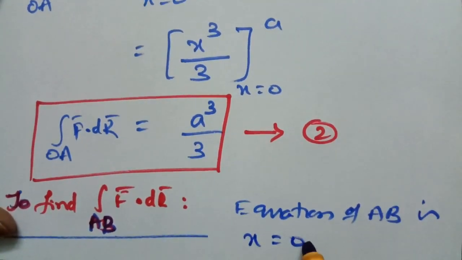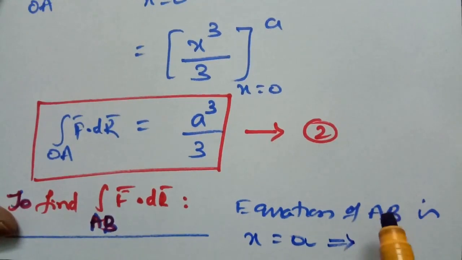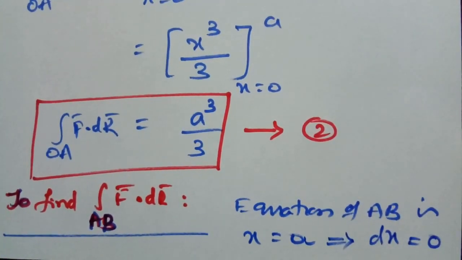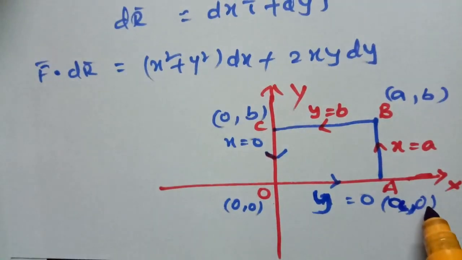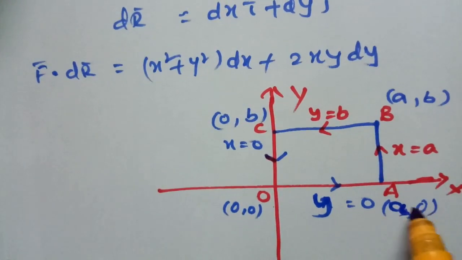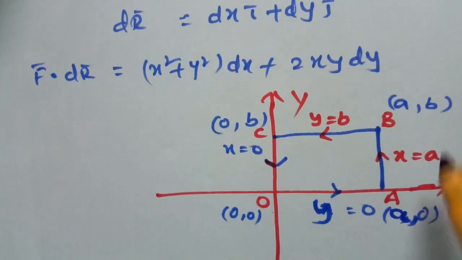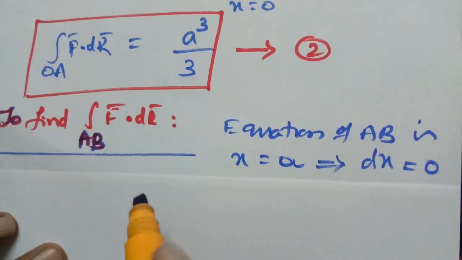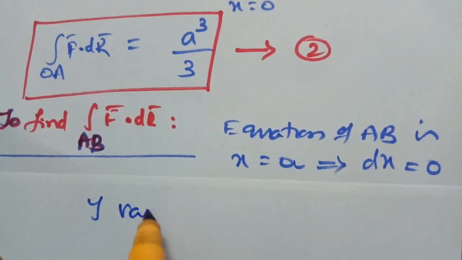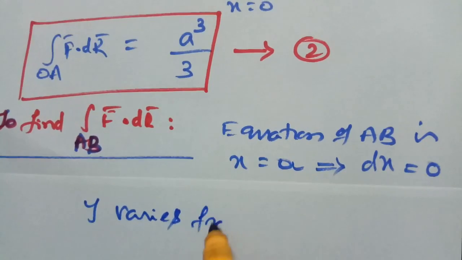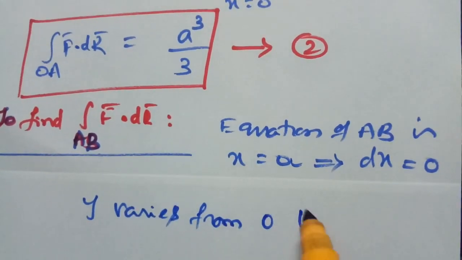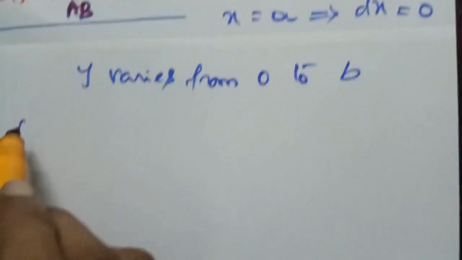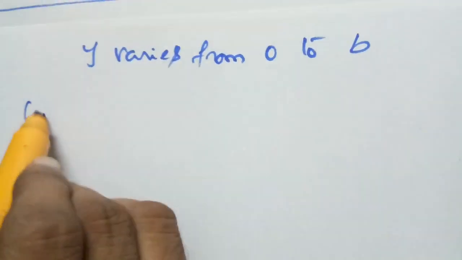Differentiating on both sides, dx is equal to 0, and y varies from 0 to b. Therefore, the integral of f bar dot dr bar along AB is equal to, now